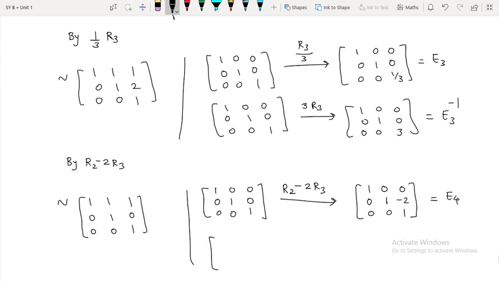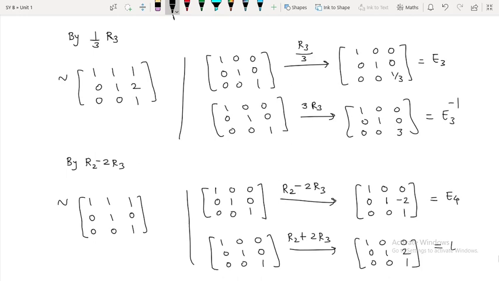Okay, now we want E4 inverse. So 1 0 0, 0 1 0, 0 0 1. So R2 plus twice R3, and this will be 1 0 0, 0 0 1, and it will be 0, it will be 1, and this will be 2. So that's our E4 inverse. Now next,